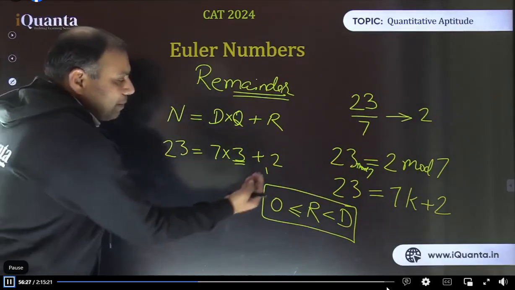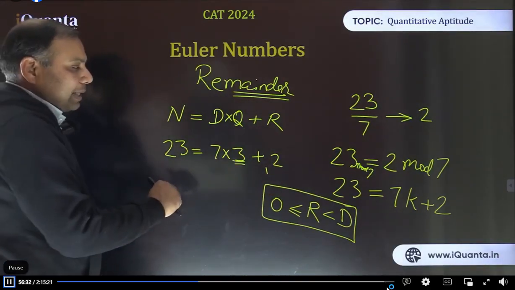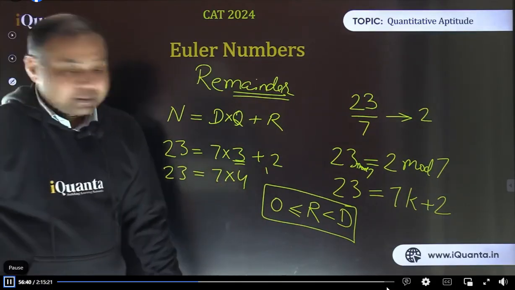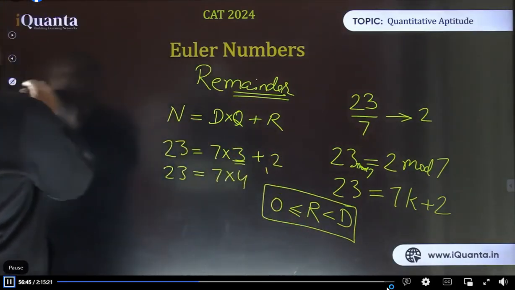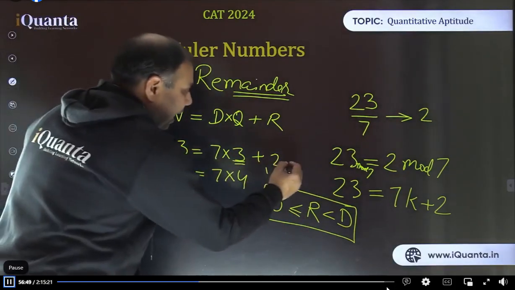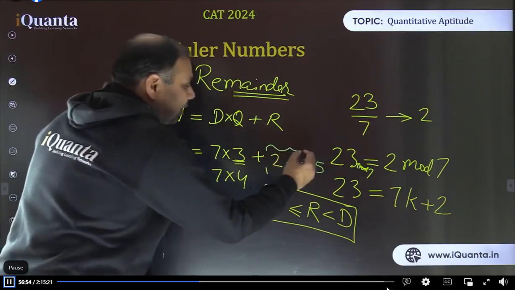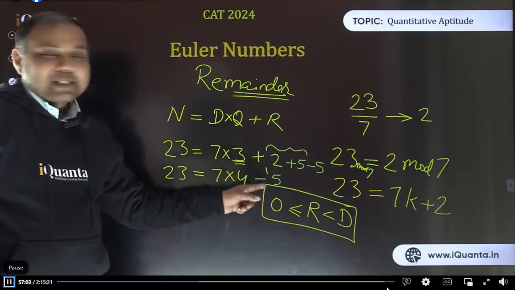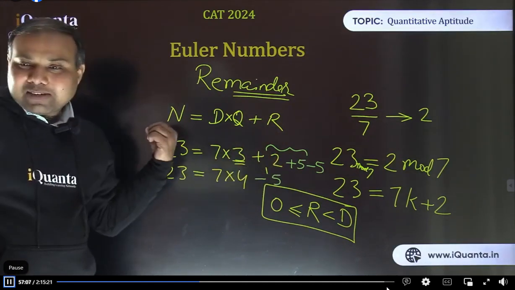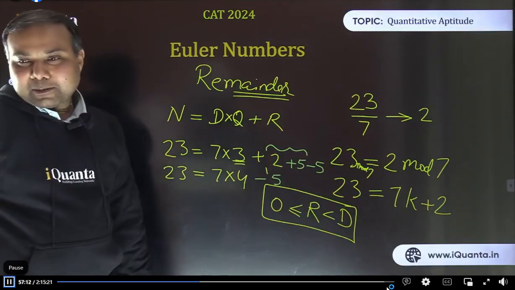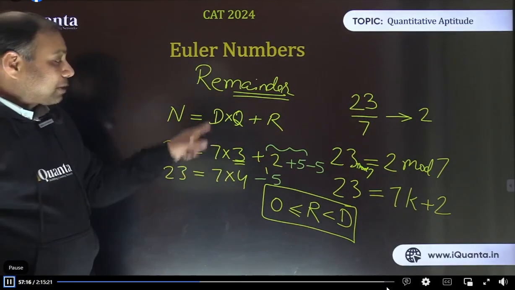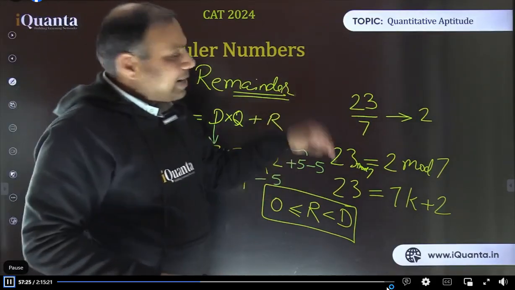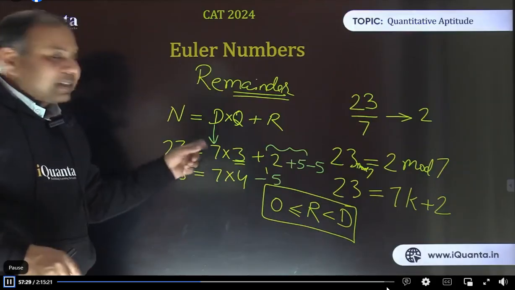Now think, if I take one more group of 7, that means if I make 4 groups of 7, what will be remaining? In a way I'm adding plus 5 and minus 5 here, so that I can make one more group of 7. So it comes out to be minus 5. So when we were saying the remainder is 2, I can also say it is minus 5. Why minus 5? Because we have taken one more group of 7, which essentially means I have subtracted 7 from this. And 7 was the divisor. So the whole point is that whatever remainder we find, we can always add or subtract the divisor from it.